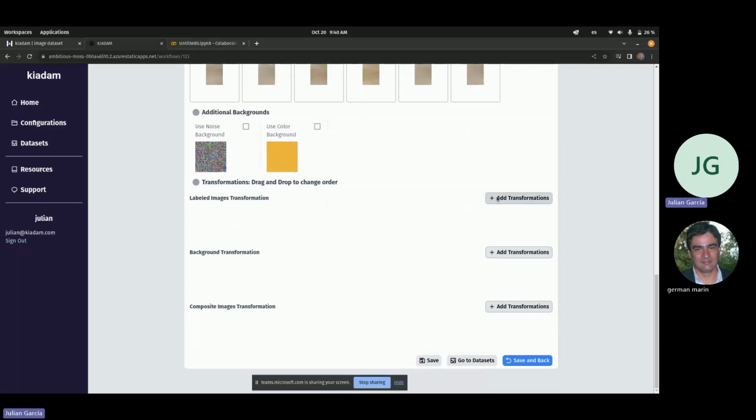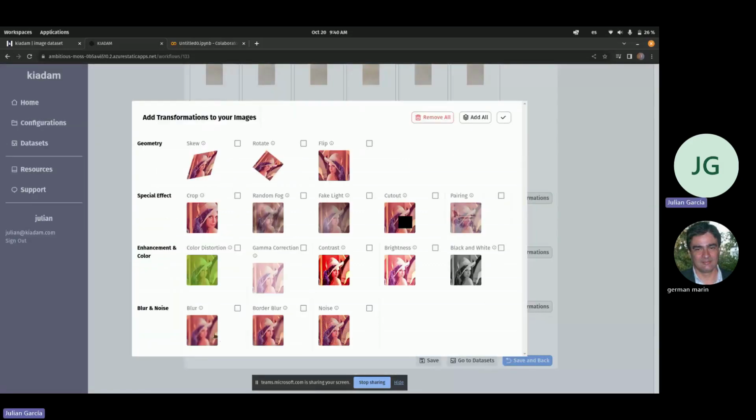To look at what transformations can be applied, there are several, but we will focus on the geometry ones first, which in this case will be changing the perspective, rotating the image, or doing a flip. We also can make the markers look a different color, that is, change it a little greener, a little redder, change the contrast of each marker, give it a bluer tone. In this case, we will only choose the skew and rotate ones,